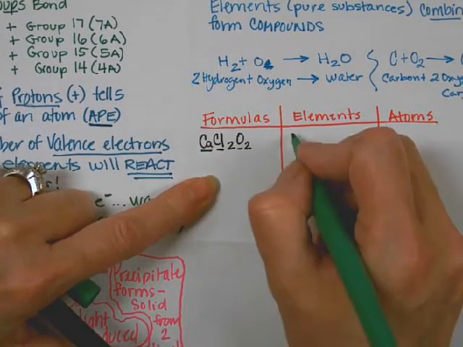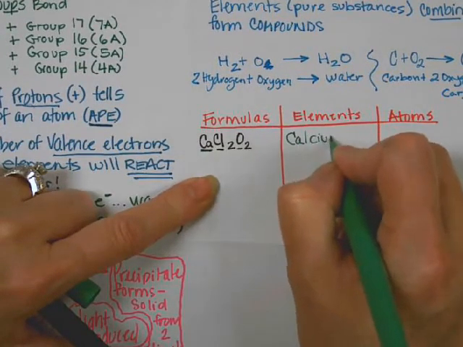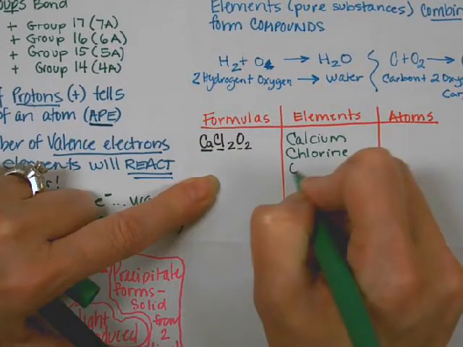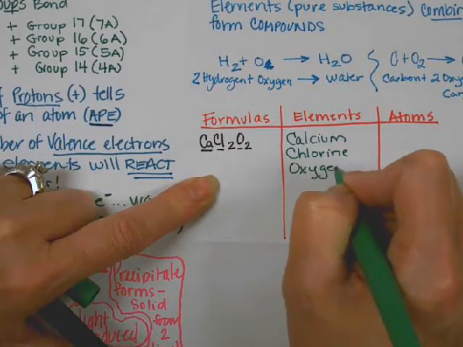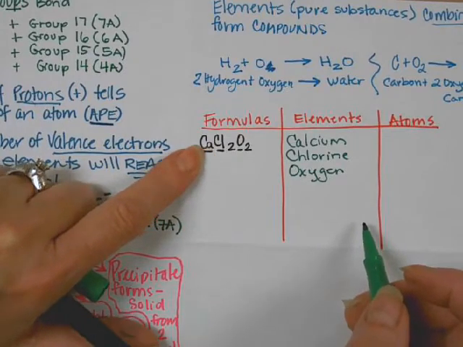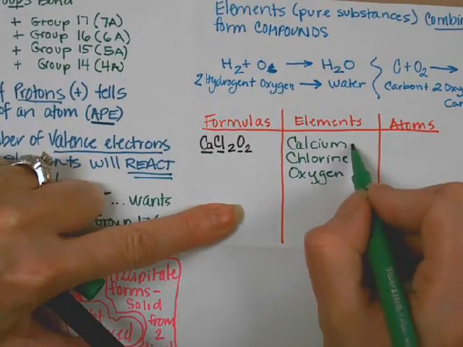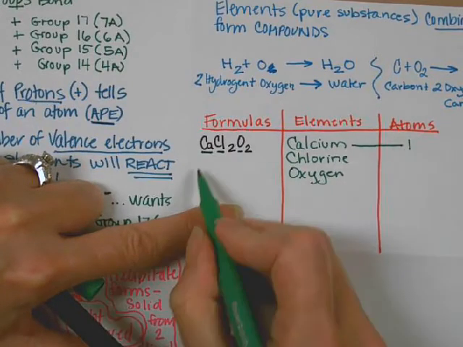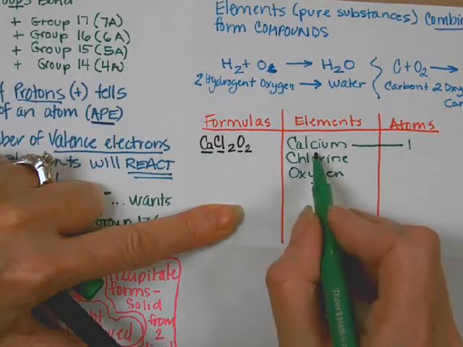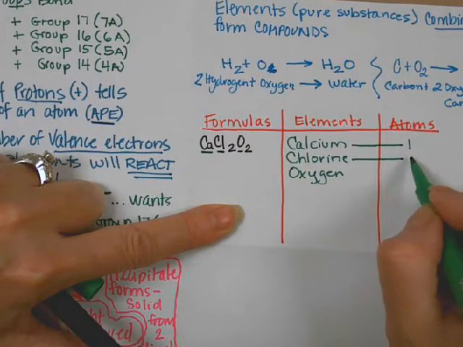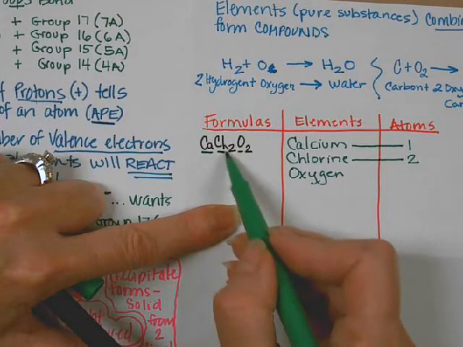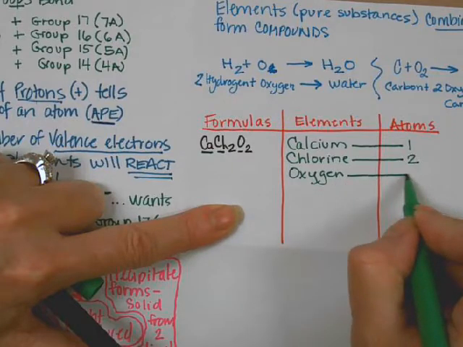So the elements present are calcium, chlorine, and oxygen. And how many of each? Well, if there's no number behind the element symbol, that means there's only 1 atom present. So in the formula CaCl2O2, we have 1 atom of calcium, 2 atoms of chlorine, because remember the subscript goes with the element in front of it,